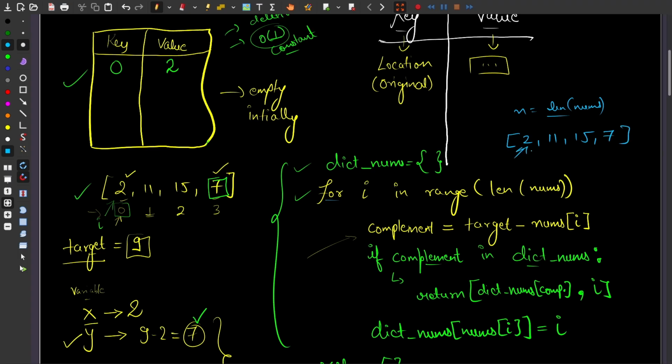Initially I will be at the 0th location. I will be here, and then the ith value is 2. The value nums of 0, that is at the 0th location, what is your value? It is 2, and the target was 9. So the complement is 7. Now I am saying, if my 7 is stored in the dictionary,